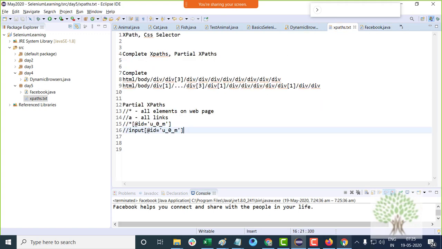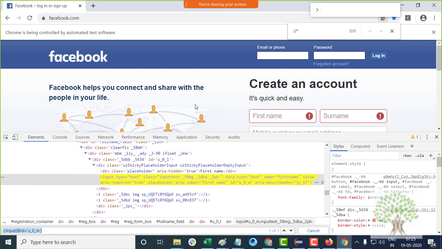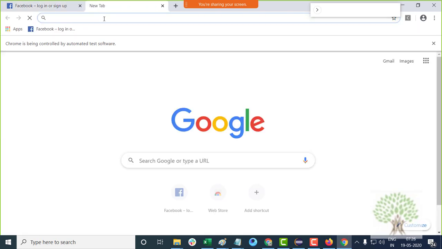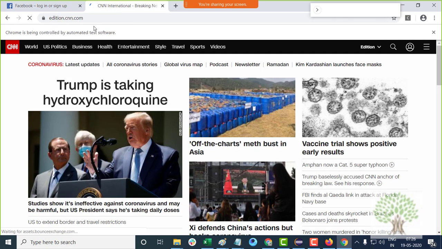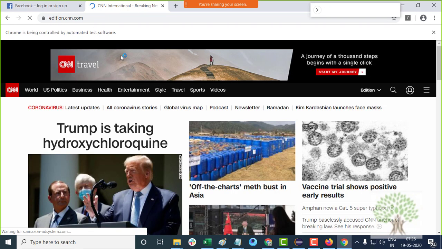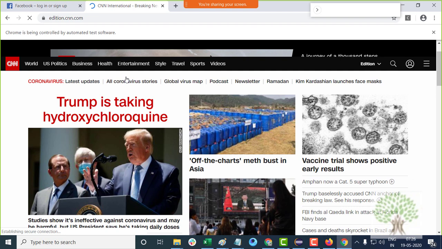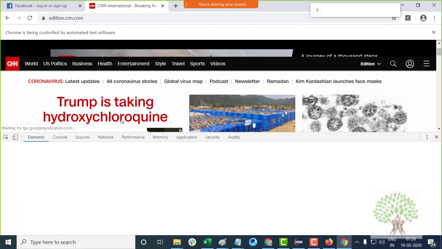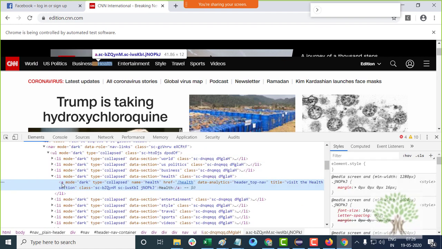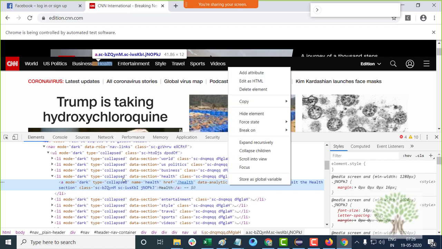If I go to, say, let's open up another website like cnn.com. Over here, if I right click on health and inspect the element, this is the health link. If I right click on it, it's got no ID.